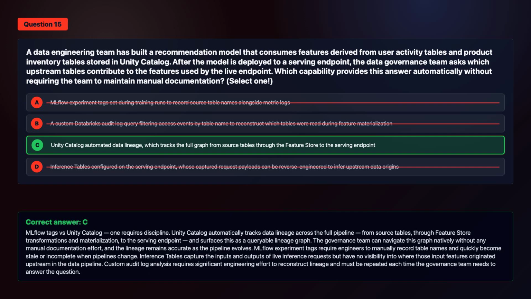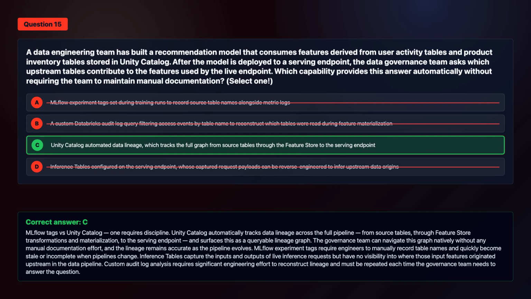The correct answer is option C. MLflow tags versus Unity Catalog. One requires discipline. Unity Catalog automatically tracks data lineage across the full pipeline, from source tables, through feature store transformations and materialization, to the serving endpoint, and surfaces this as a queryable lineage graph. The governance team can navigate this graph natively without any manual documentation effort, and the lineage remains accurate as the pipeline evolves. MLflow experiment tags require engineers to manually record table names and quickly become stale or incomplete when pipelines